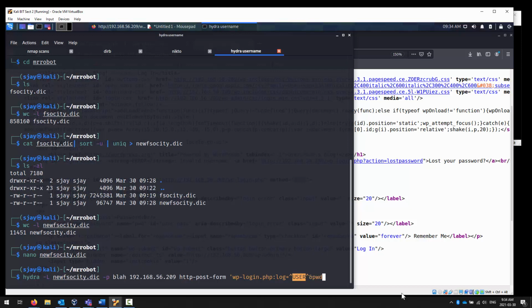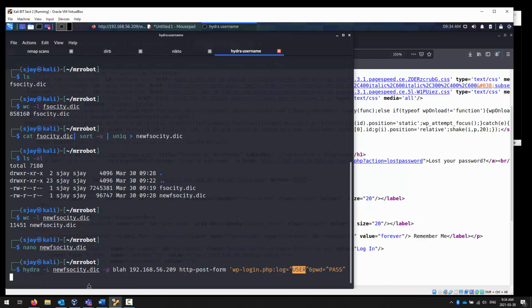The pwd for the password is equal to whatever you specified as the password here, which is blah or whatever. It's just a placeholder, it doesn't really matter. Okay? The next argument is the submit,